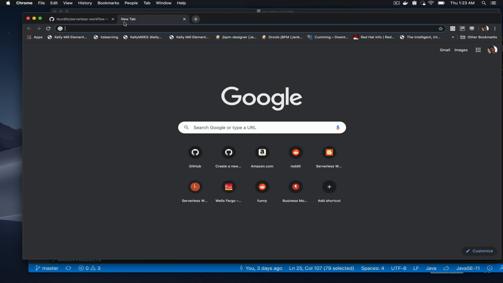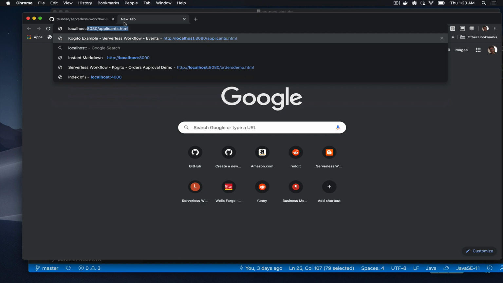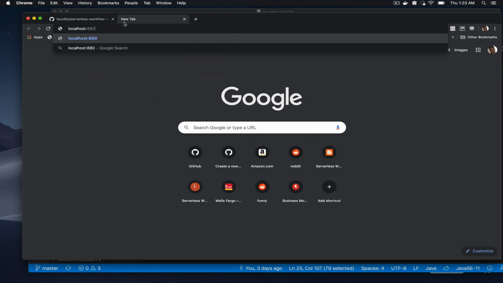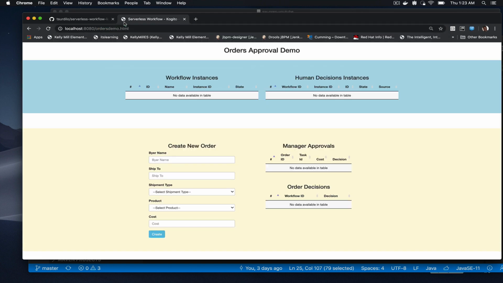All right, so once you started the demo, oops, if I can type. We have a little UI here,